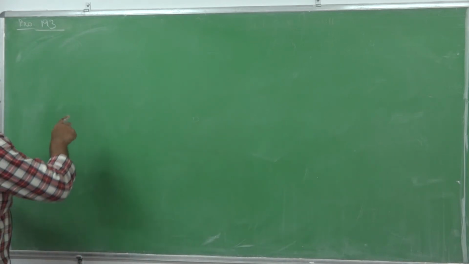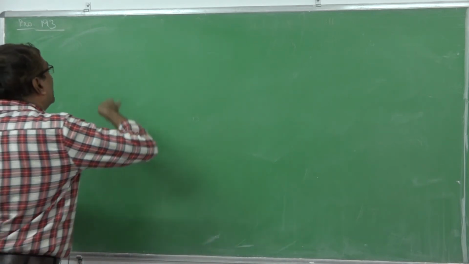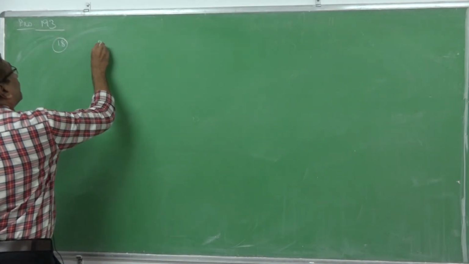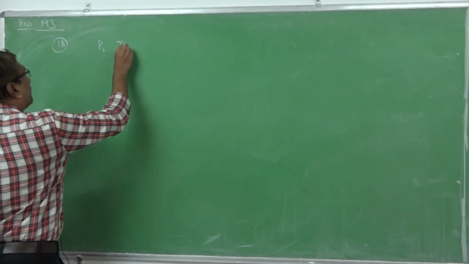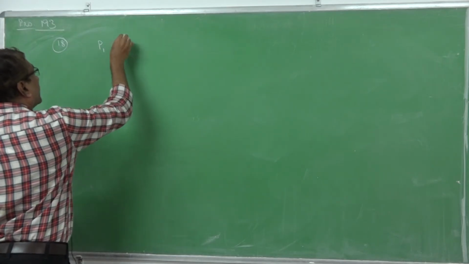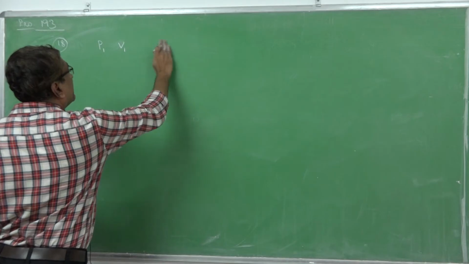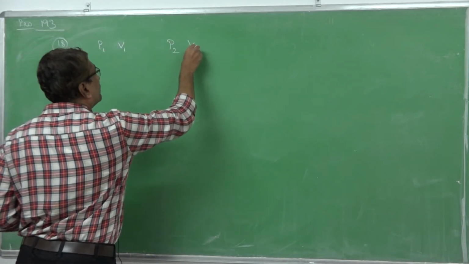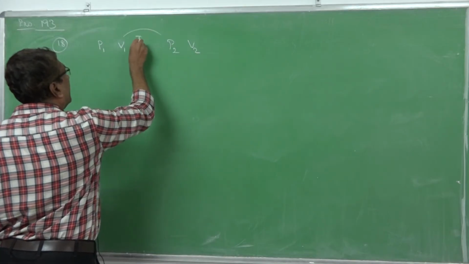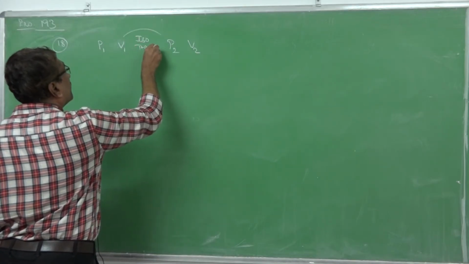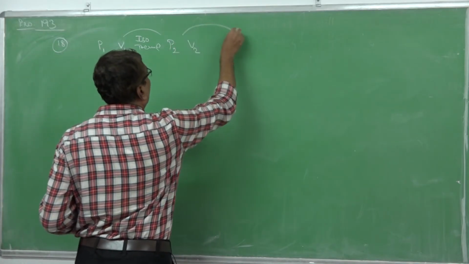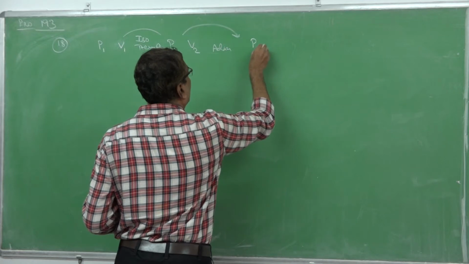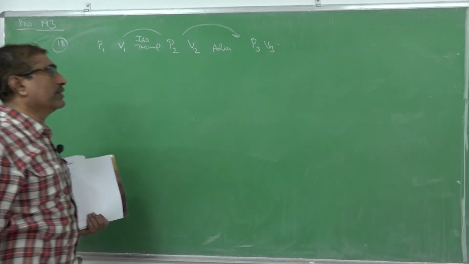So here two steps take place. So initially we consider the 18th one, pressure and volume, temperature T, P1 V1. Okay, second step, that means from the P1 V1 state it changes to the P2 V2 state, and here it is isothermal. From this state, adiabatically it changes to P3 V3. These are given. This is the main steps.